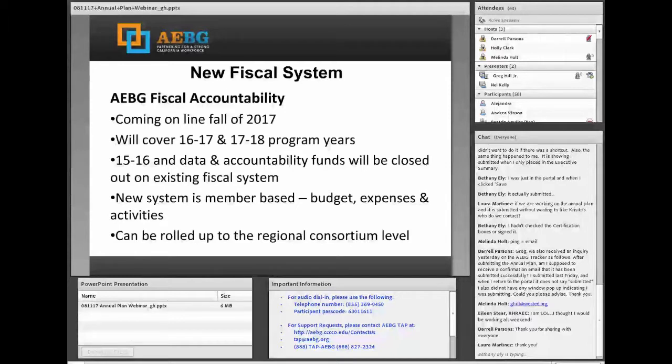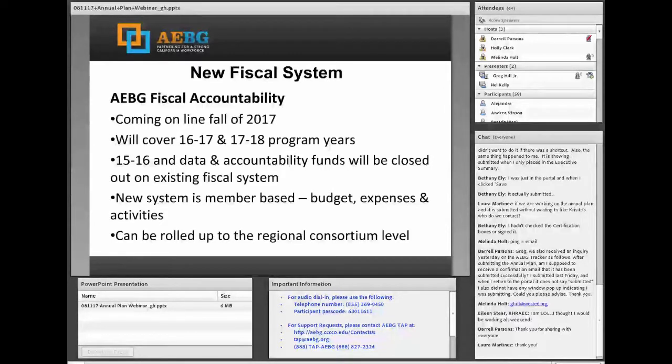The way the new system is going to work, it'll be member-based, but there will only be one report. So if you have 2 or 3 years of funding that are still active, you will only report once. We'll somehow identify whether you're spending your carryover or your new money, but it'll only be entered into the system once. The downside is that we need members to log on and enter their expenditure data quarterly, so that it can roll up to the consortia level.